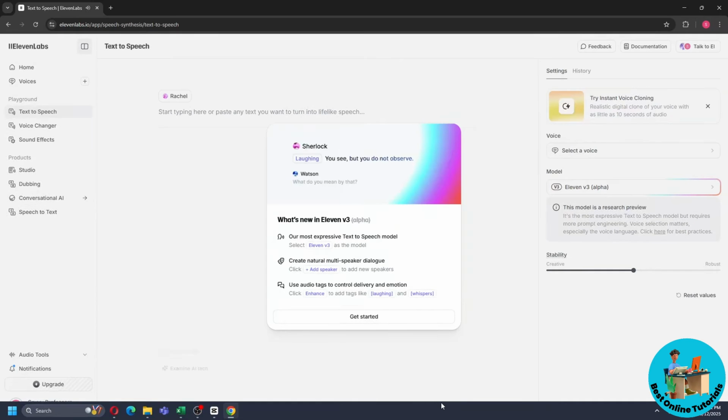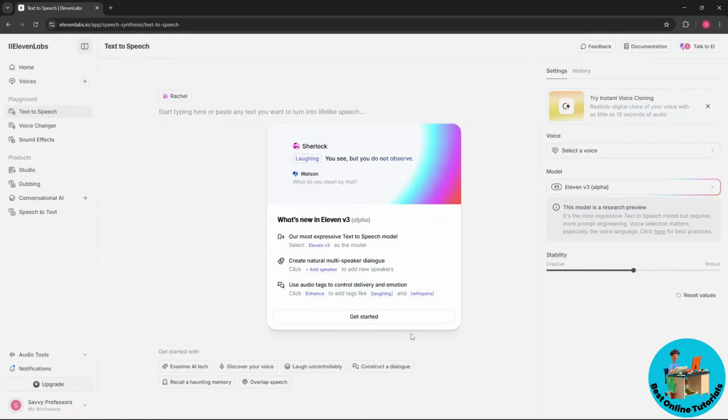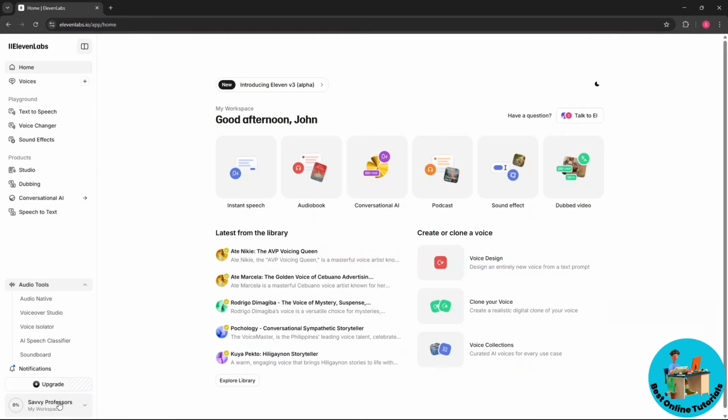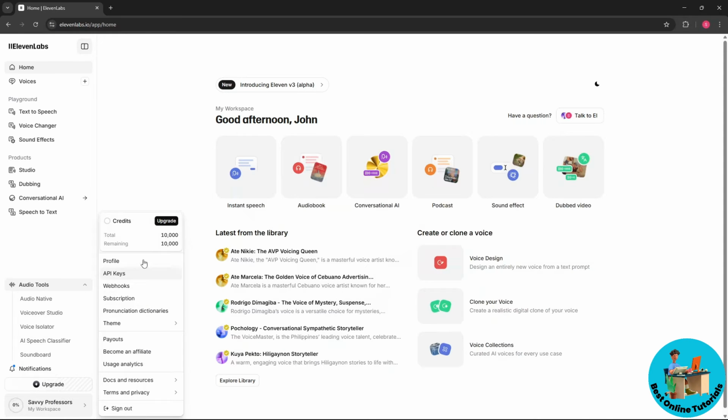And from here, right off, you should be able to have a free account. So from here, select get started. And guys, when you select your profile at the bottom left corner, as you can see, we have a total of 10 points. So guys, these 10 points means we have a free feature of 11 labs for 10 minutes,